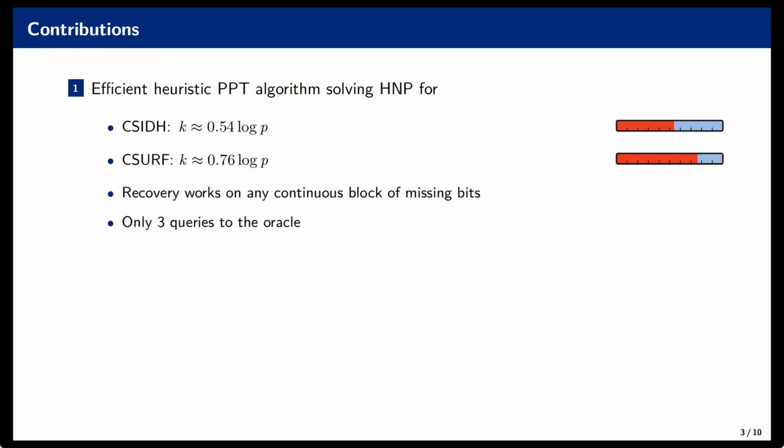Now, what's nice about this recovery is that it works with any continuous block, like this. So imagine this blue part here being shifted to the left. As long as it's continuous and doesn't overlap the borders. And also, in contrast to many other results, we only need 3 oracle traces in our recovery. Whereas, for example, in the elliptic curve setting or the Diffie-Hellman setting, you would need an amount of traces that is somewhat dependent on the system.